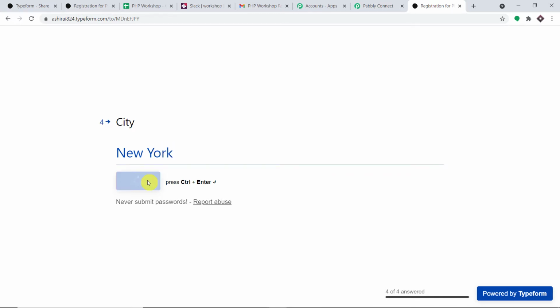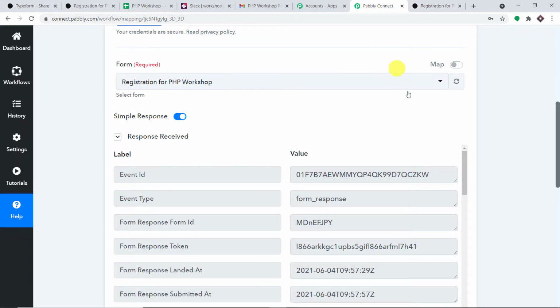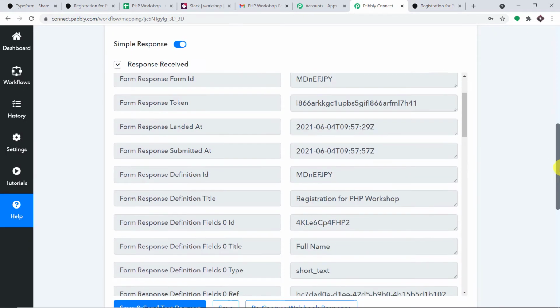Okay, just click on submit. Okay, so a form submission has been made by a person called Liji Manuel. She has entered her email, she has entered her phone number, and also her city of residence. So basically the idea is that now Pabbly Connect is integrated with this particular form. Pabbly Connect has to capture the data. So let's have a look whether Pabbly Connect, yes, Pabbly Connect has indeed captured the data.